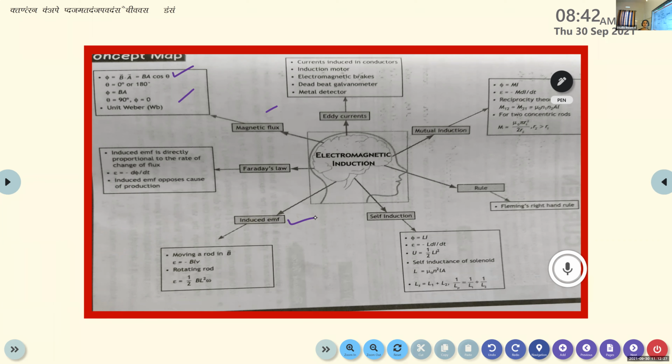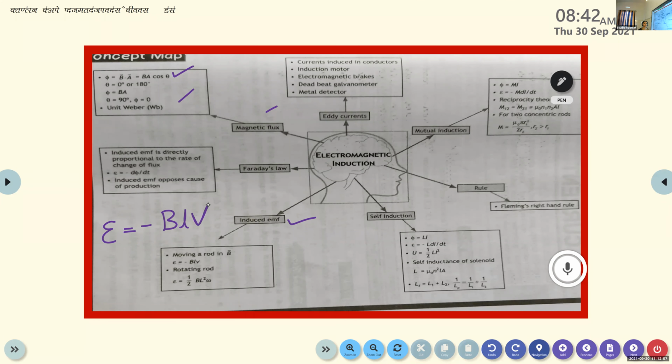It is because of the motion or the movement of a conductor in a uniform magnetic field. So when a conductor moves in a uniform magnetic field, it will generate an EMF, and that EMF generated is known as motional EMF. And we derive an equation for calculating motional EMF or induced EMF. E is equal to negative BLv,